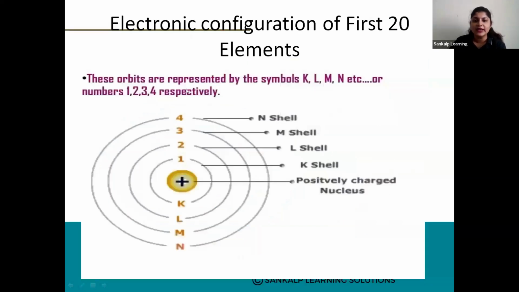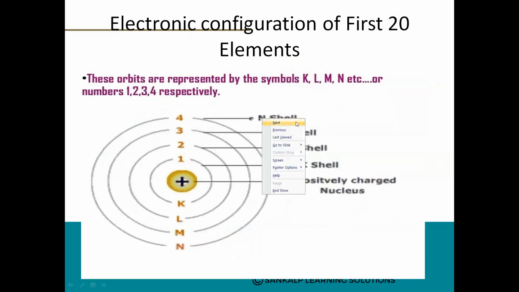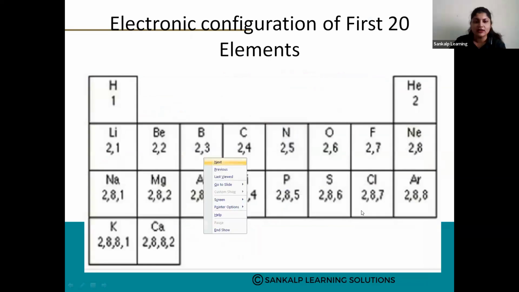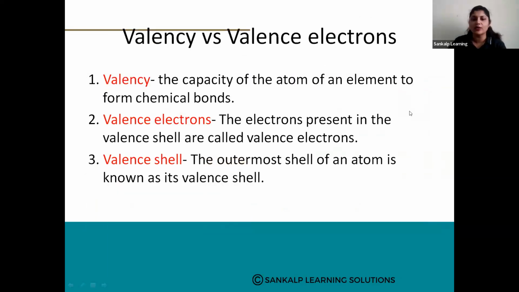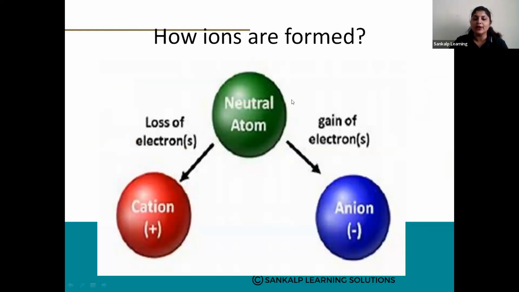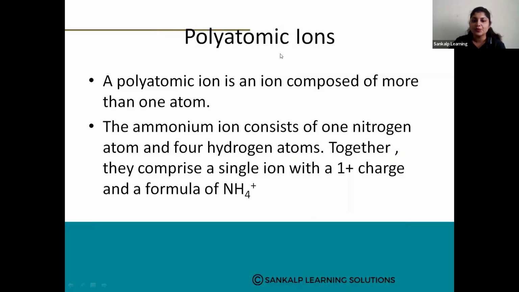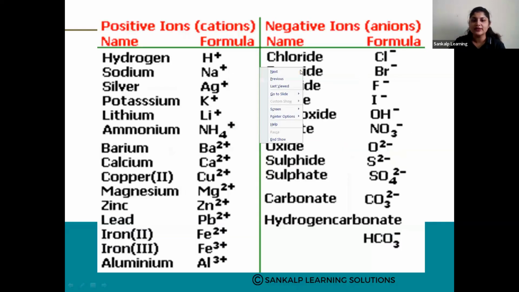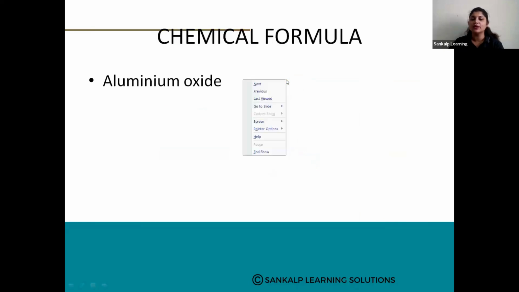Then we had discussed the electronic configuration of the first 20 elements, right? So these are the different shells, K, L, M shell. Then valency, what is valency? What are valence electrons? What are ions? How are ions obtained? When a neutral atom loses an electron, it results in a cation. When there is a gain of electron, it is called an anion. Based on that, polyatomic ions, then we had discussed the chemical formula, how to write the chemical